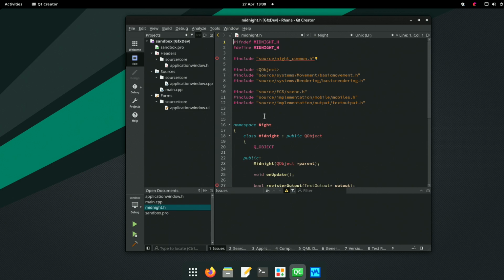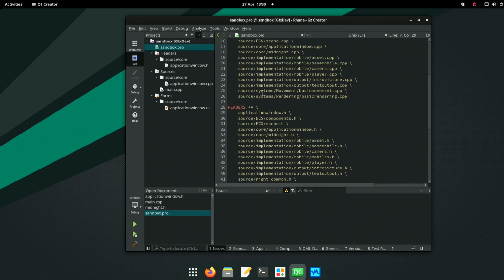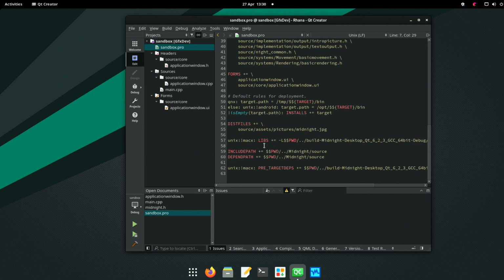Okay, so we have to change it back. So we'll go to our profile. And we've changed the way it works by going to midnight source instead of midnight. That's interesting.